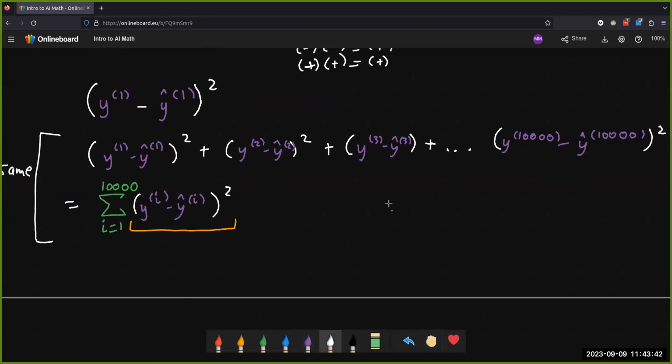If you recall, if you have a bunch of numbers that you're adding together, 2 plus 4 plus 5 plus 8, and you want to figure out how big these numbers are in general, what you can do is take the average of these numbers. To take the average of 4 numbers, you just add together the 4 numbers and divide by 4. To take the average of 5 numbers, add together the 5 numbers and divide by 5. To take the average of 10,000 numbers, here we're adding together the 10,000 numbers, and then we're going to divide by 10,000.